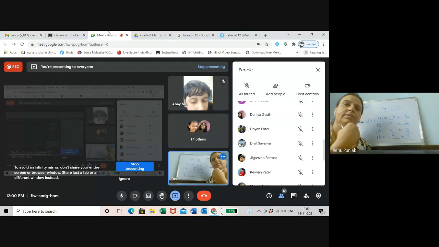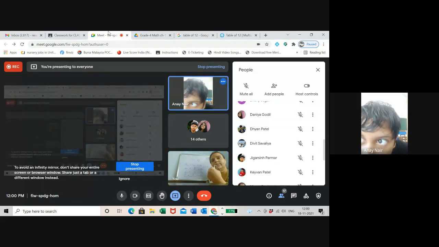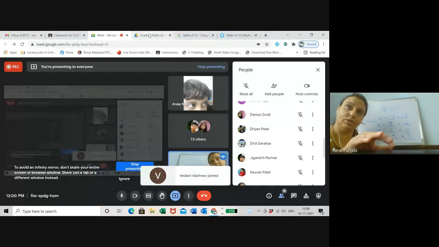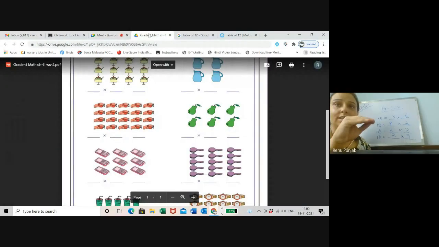Anna, which are the columns or the rows? Rows. Three are the rows? Rows, columns... Yes, three are the columns. Standing are the columns. So you made three columns. How many rows are there? 2.